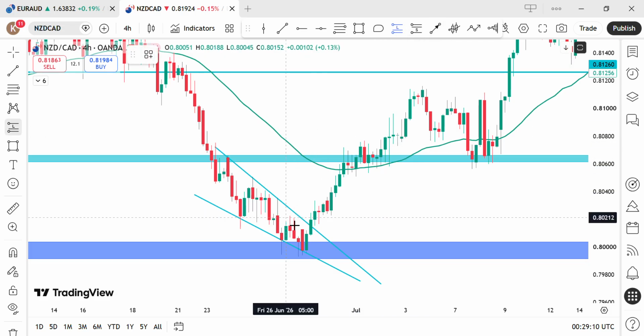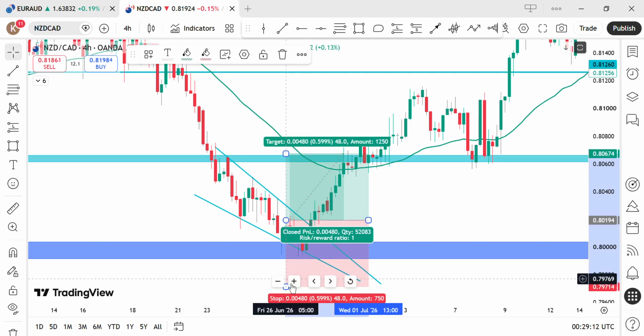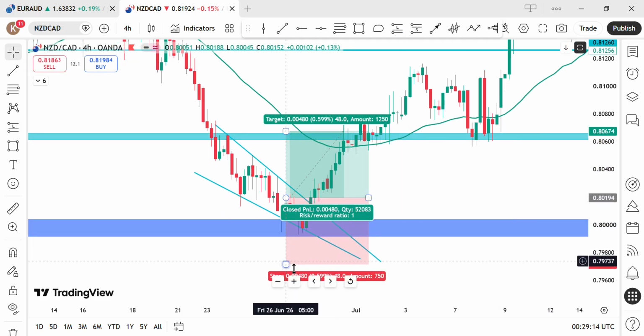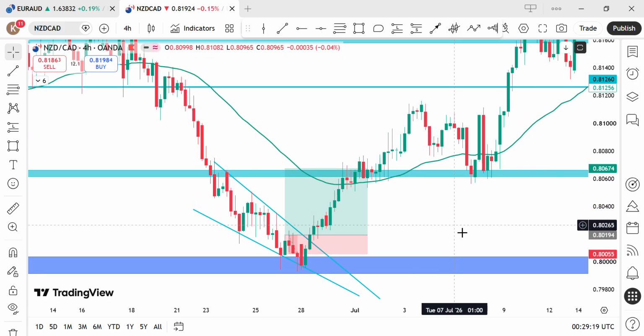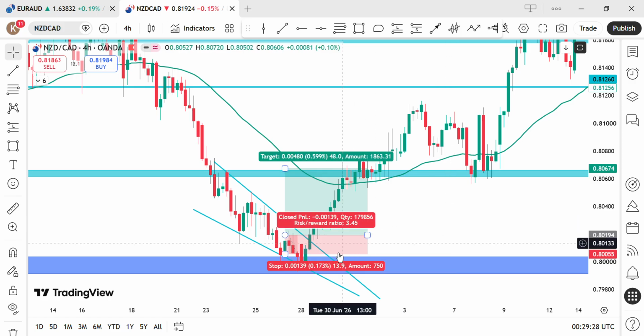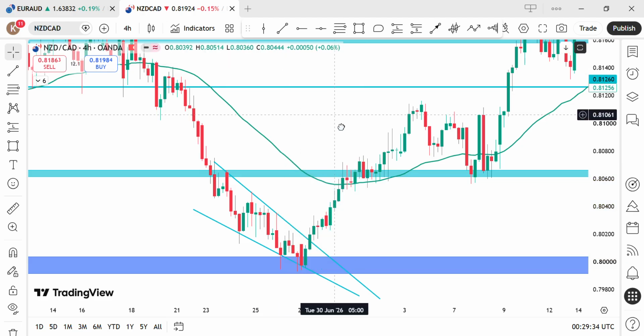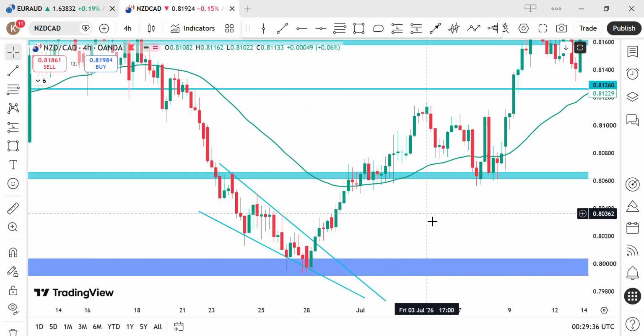I've actually done a video on this setup before, but this time around I'm not going to enter a swing trade. I'm just going to show you guys how to take a continuation trade. So you can take your swing trade after the breakout, but there can also be a false breakout, and then you will lose the trade. So in order to prevent that,